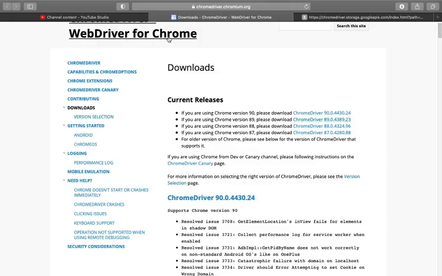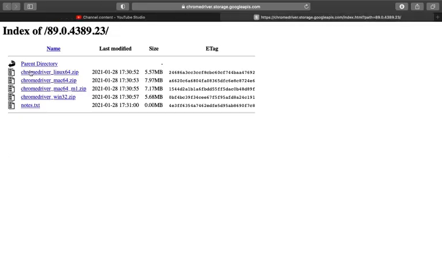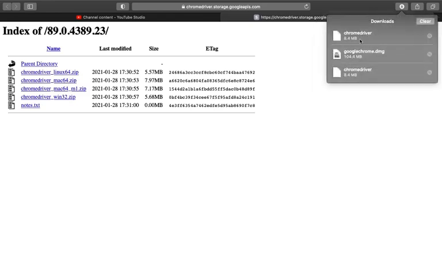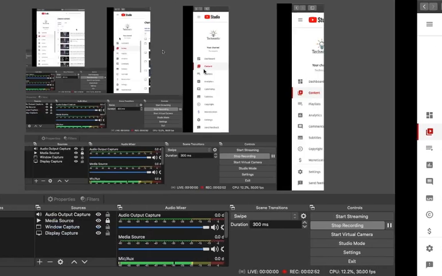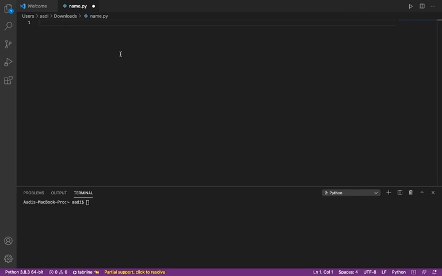So you can just press on this, and this will take you to a page. This is just a binary file. If you are on Mac, you can press on this. If you are on your Mac on the M1 chip, you can press on this. Windows for this and Linux for this. After you've done that, you can just click it, and as you can see, you will have it downloaded right here, Chrome driver. And after you're done, you can get out of this window and head back to your text editor.